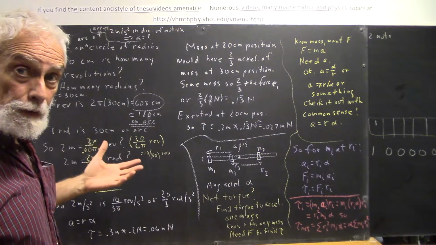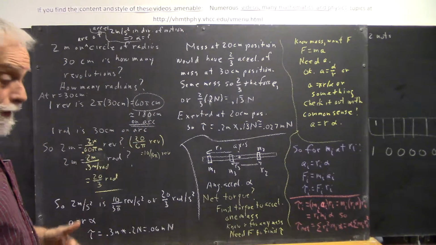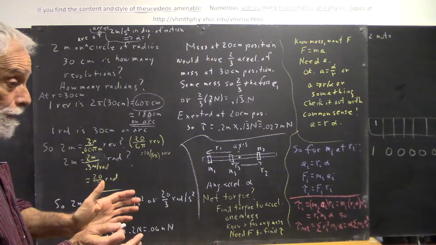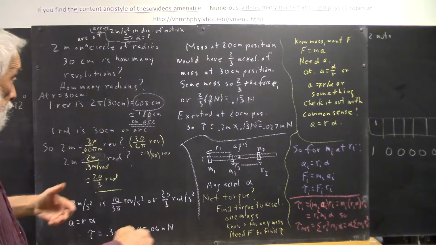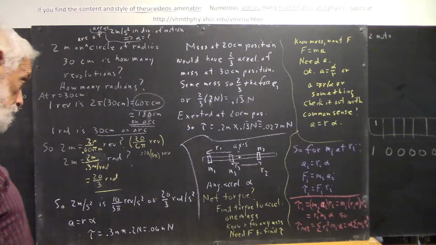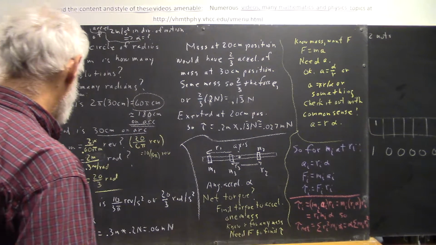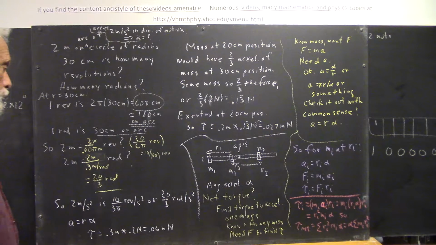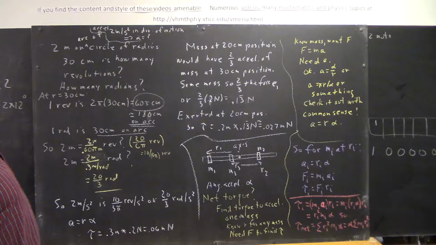What's a radian? A radian is 30 centimeters on the arc. If you have a 1 radian angle, then the arc distance equals the radius. So a radian is 30 centimeters on the arc. So what's 2 meters? Well, 2 meters is